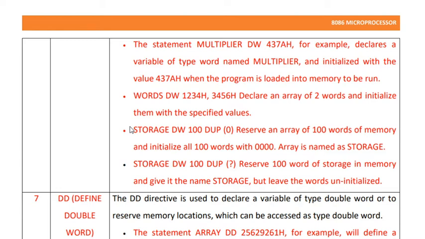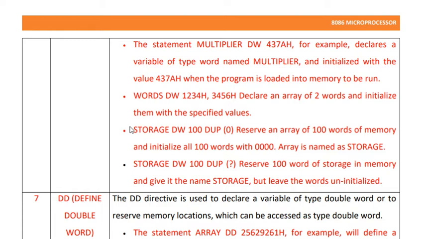We have learned that DW can be used in order to allocate memory to an array. So here in this case, storage DW 100 DUP 0 basically means we are allocating memory to an array which is equivalent to that of 100 words, and the allocated memory space is being initialized with 0. Now likewise, storage DW 100 DUP, so here it will reserve 100 words of storage to an